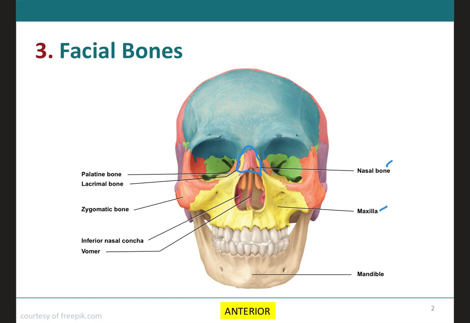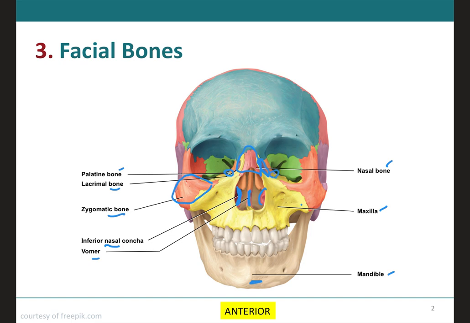Then we have the maxilla, which is the yellow bone, the mandible, which is this tan bone down here, the vomer, which is the light red pinkish bone over here. Then we have the inferior nasal conchae, which is the darkest pink on both sides. The zygomatic is the orange bone, which is your cheekbone. The lacrimal bone is the purple bone right here in the middle. And then the palatine bone, we can only see a little bitty part of it, which is a blue bone